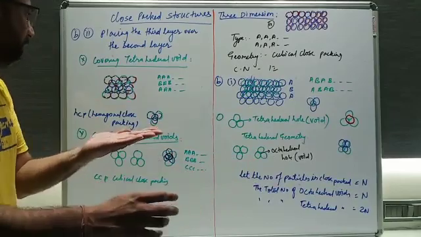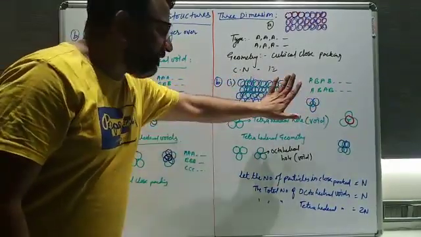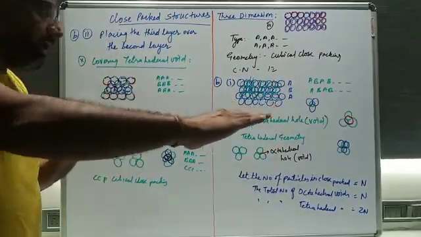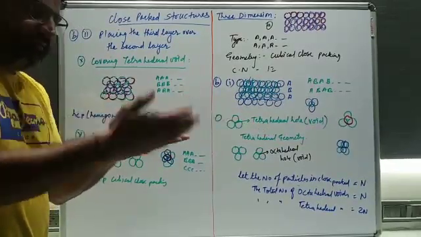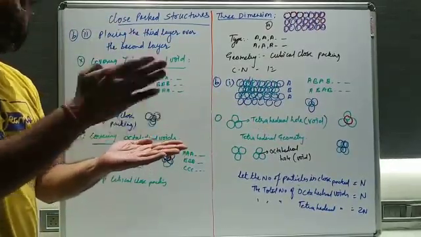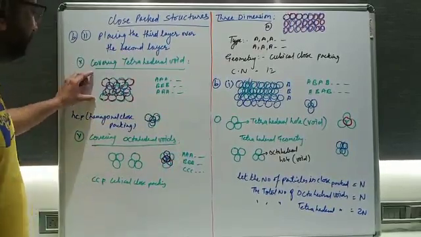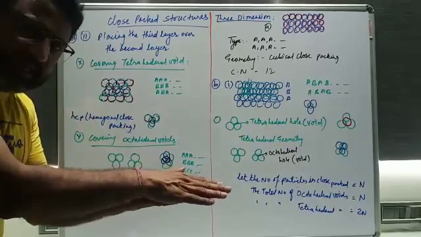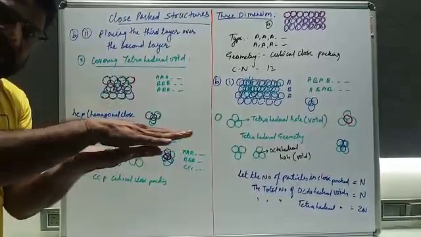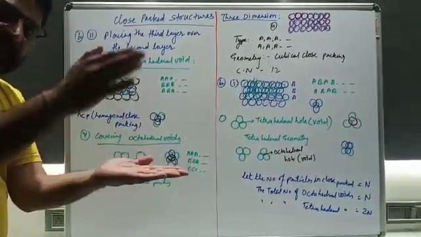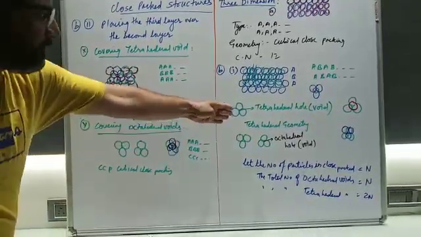Okay, beta. Now initially it was AB. Now we'll see that the first layer will be considered as the whole A layer, and the second layer which is capped on that should be considered as the whole B layer, and we need to place the third layer also. So for keeping the third layer, there is a different type of name. Is it fine? So here you will see that the green color is taken as A layer. Now the blue color layer was taken as B layer. So on A, B is capped. So it will give rise to the tetrahedral geometry and the octahedral geometry which we have seen.